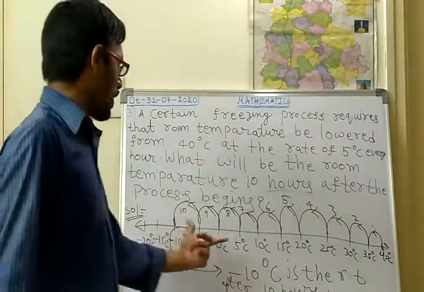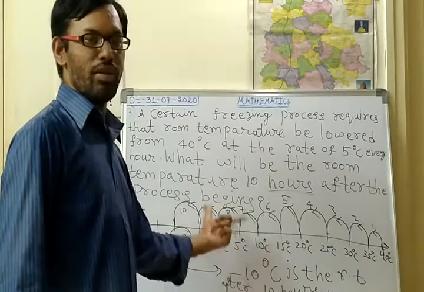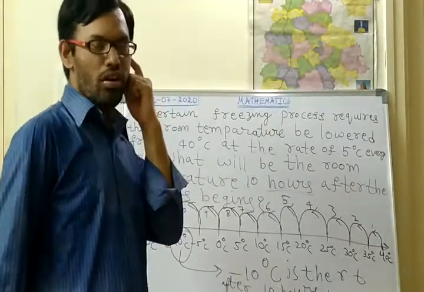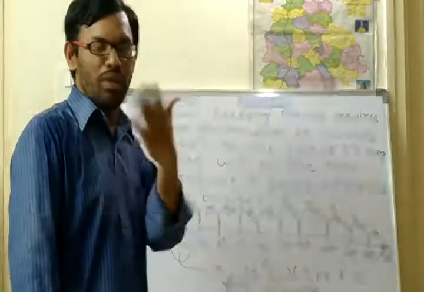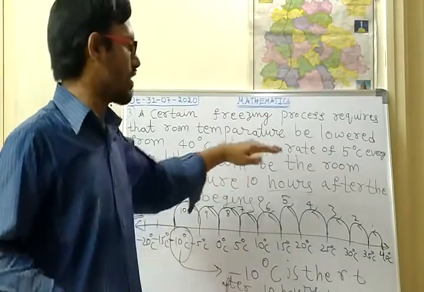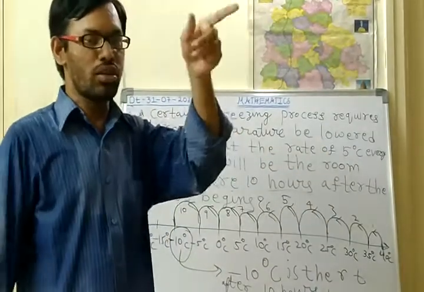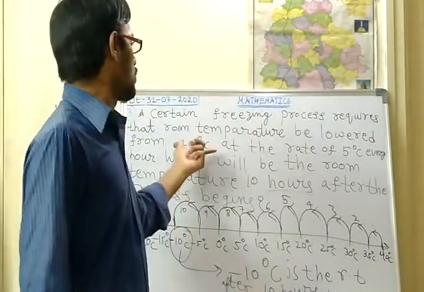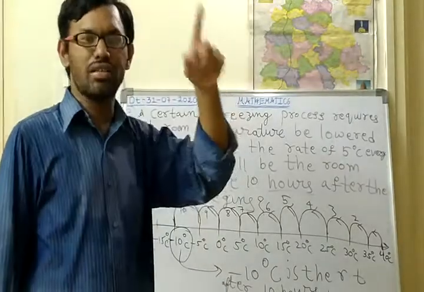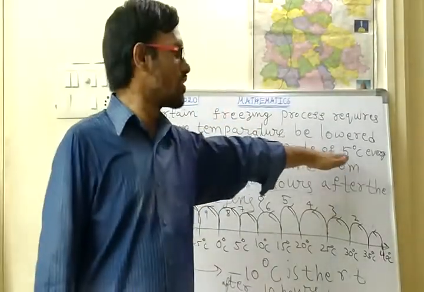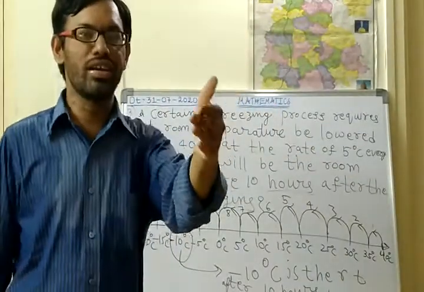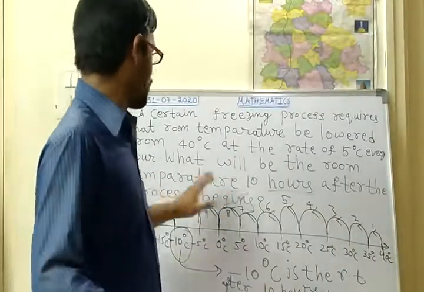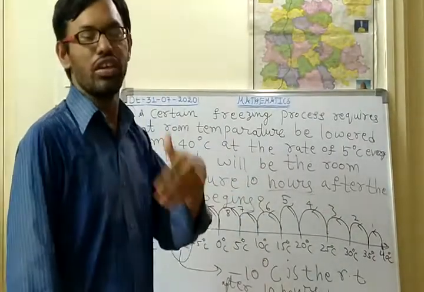Like this, the number line will be used in our daily life. In your house there might be a refrigerator, and for every refrigerator there will be points, 1, 2, 3, 4, 5, on the knob. If you are adjusting it, what is the maximum temperature for the fridge? After reducing 5 degrees centigrade, or after reducing 1 degree centigrade, how much will the temperature be? You can easily calculate. This will be useful in our lifestyle, in your general life also.